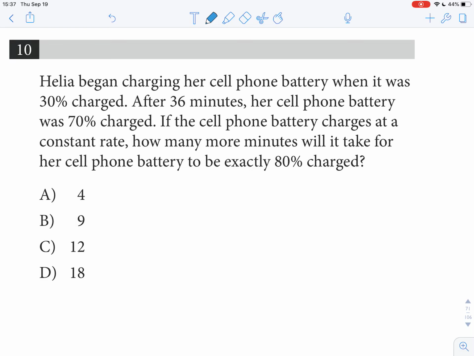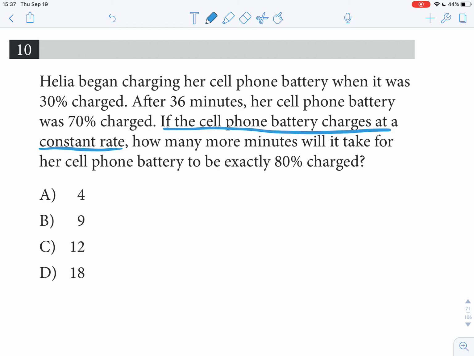Alright, so Helia began charging her cell phone battery when it was 30% charged. After 36 minutes, her cell phone battery was 70% charged. If the cell phone battery charges at a constant rate, okay, so if they tell us that it charges at